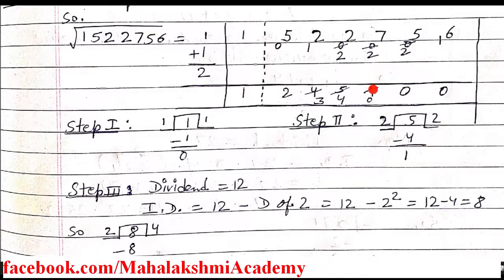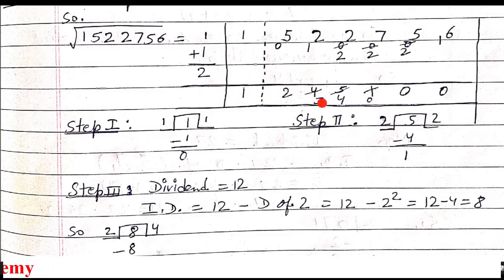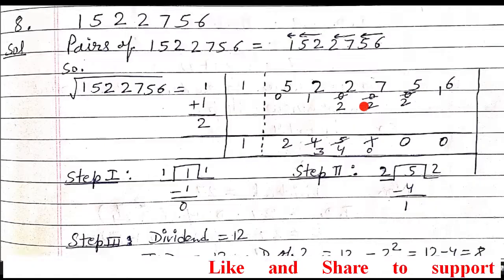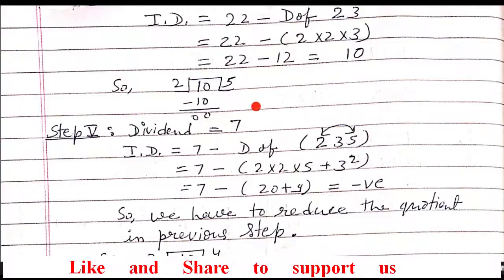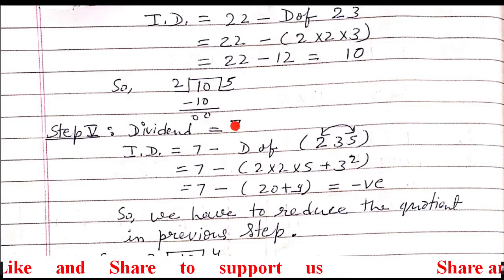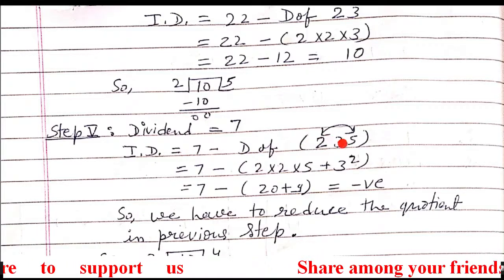Before this imaginary line, the digits which we are obtaining are 5 and then 3 and then 2. That is, after the dotted line, 2, 3, 5. So 2, 3, 5 means 235. So 07 minus Dvandva of 235. See, the dividend is 07, means 7. So to improve it, Dvandva of 235.